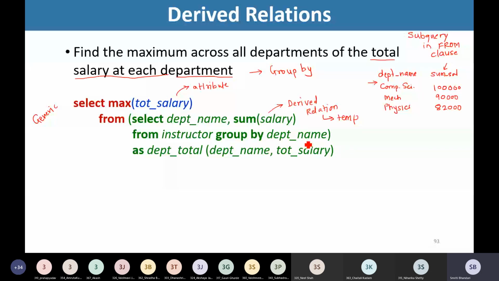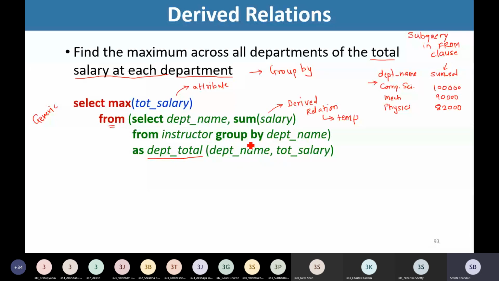So we are creating here this temporary relation with the name department total having two attributes, department name and total salary. So now in from clause I am using this relation department total that I am deriving here itself. Okay, with these two attributes.